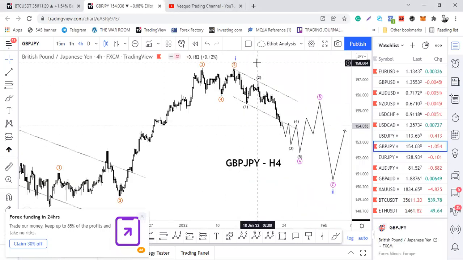GBP JPY. Last week, we were looking higher on GBP JPY. We were looking for price to push higher after completing what we were viewing as a double zigzag right here. However, the push lower invalidated this trade idea. From this origin right here, you could see that the market has been making 1-2 and 1-2, as the price has broken below this parallel channel, indicating that we could be making wave 3. All right. So in this case, we have a clear 5-wave impulse, then we start looking for a correction to sell this with C of 2, in the higher degree of